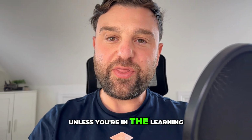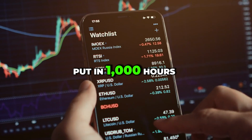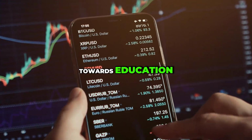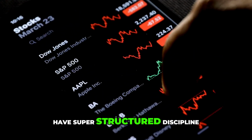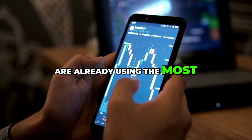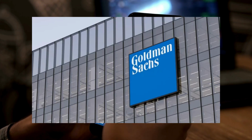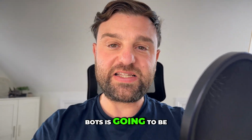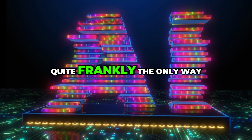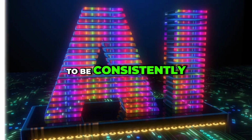Unless you're in the 1% of crypto traders that have put in 1,000 hours towards education, learning proper risk management, have super structured discipline, are already using the most advanced tools, only privy to the likes of Citibank and Goldman Sachs, then using AI crypto trading bots is going to be, quite frankly, the only way to be consistently profitable